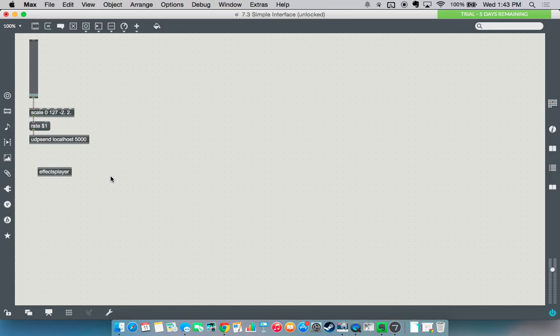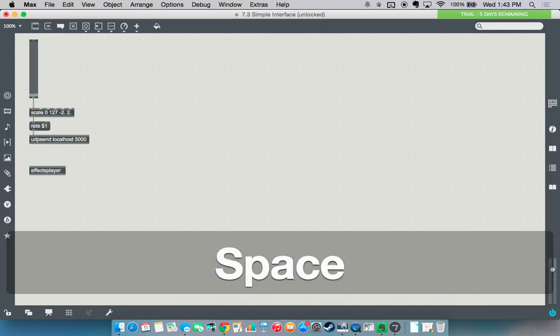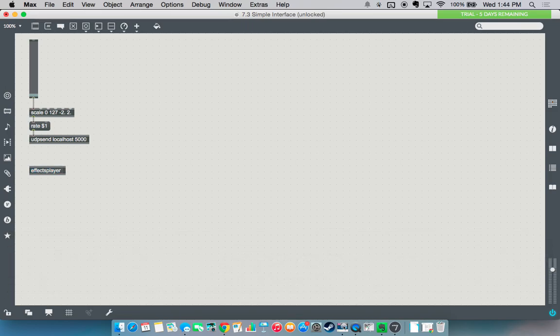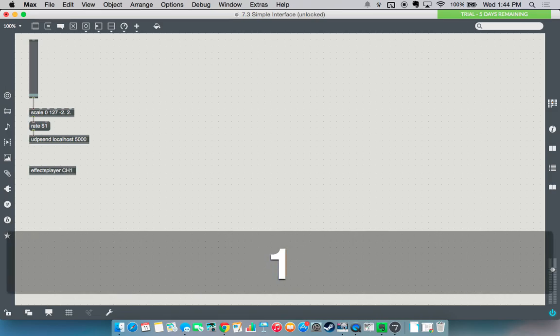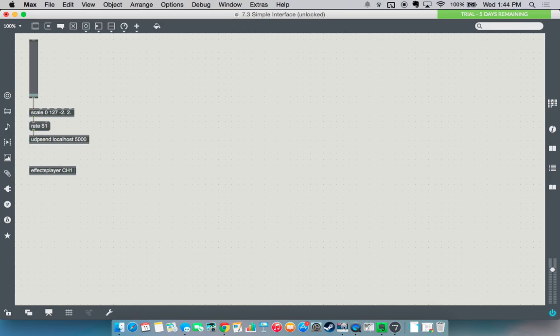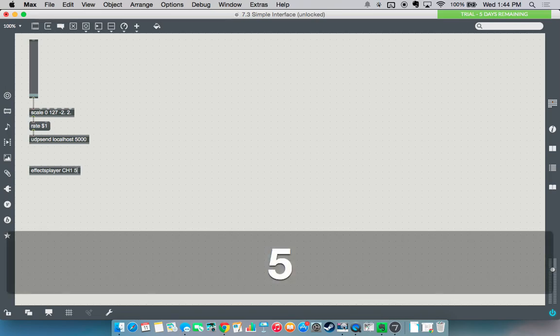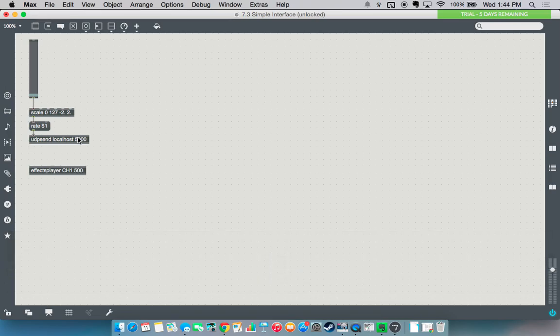And then you have a black box. You don't have any inputs or outputs, inlets or outlets on it because we didn't put any in our effects player. We're using unique sends and receives, right? We actually have to establish those unique sends and receives by putting our Pattr arguments in there. One of the Pattr arguments, the first one, remember, was what we're calling it. So this is channel 1, so let's call it CH1. And the second argument was what port it was receiving on. So we're going to have this one receive on port 5000 to match